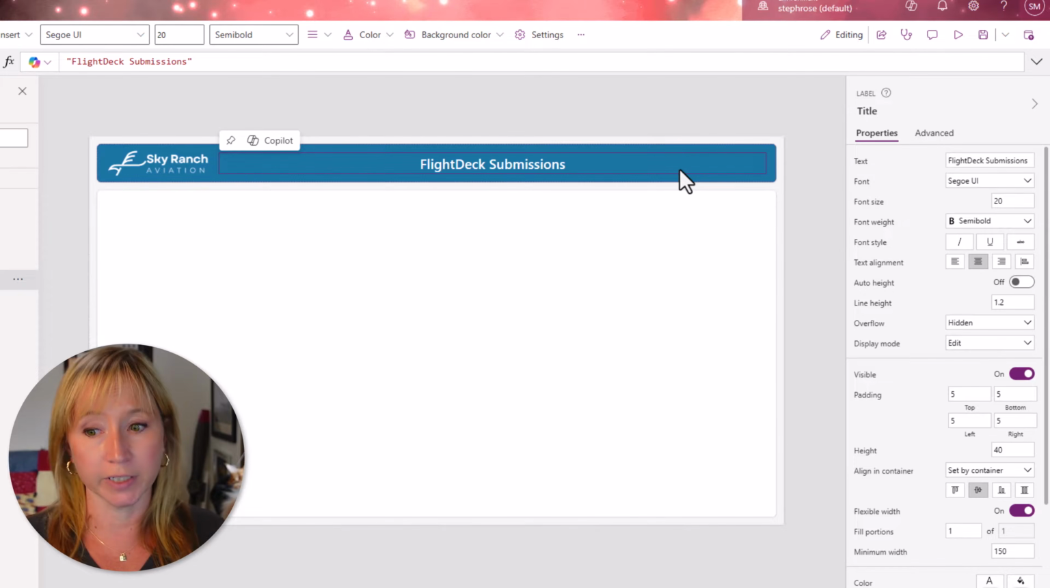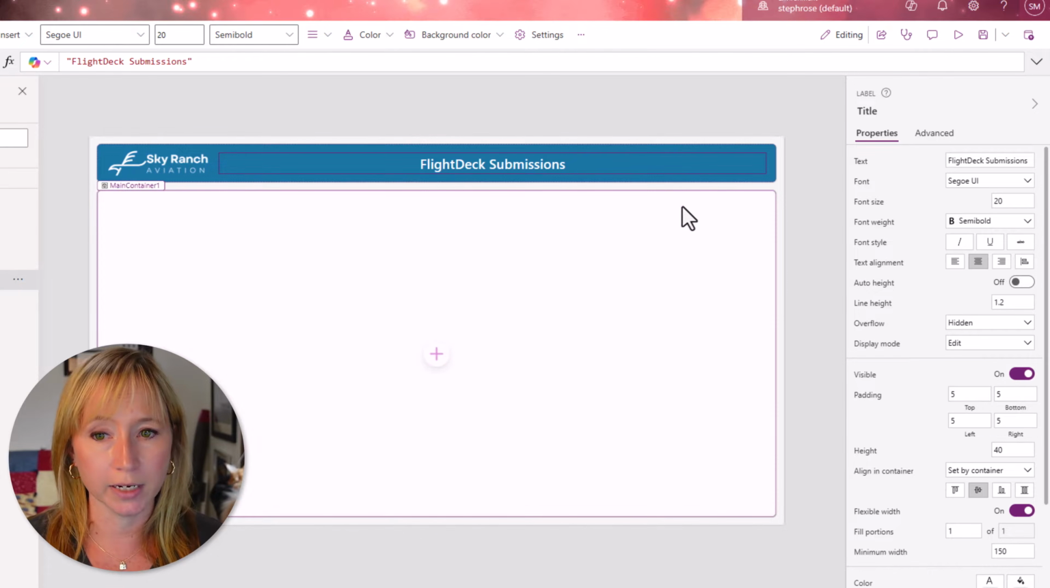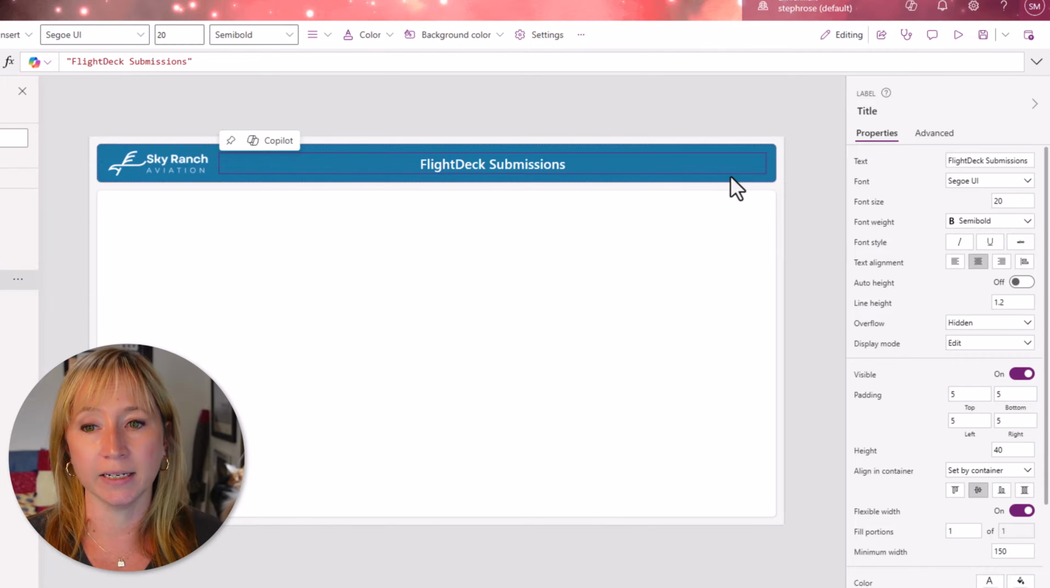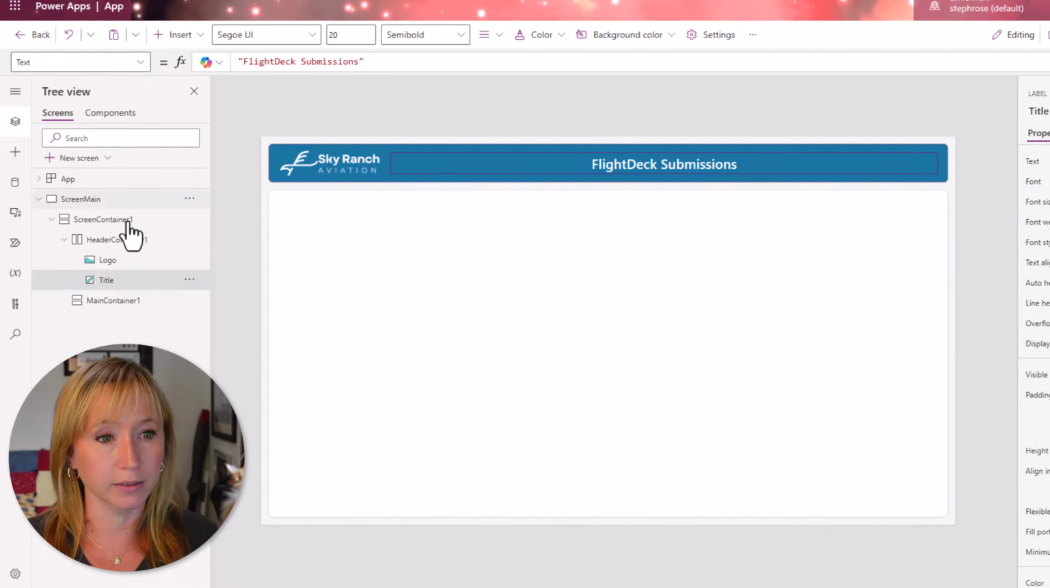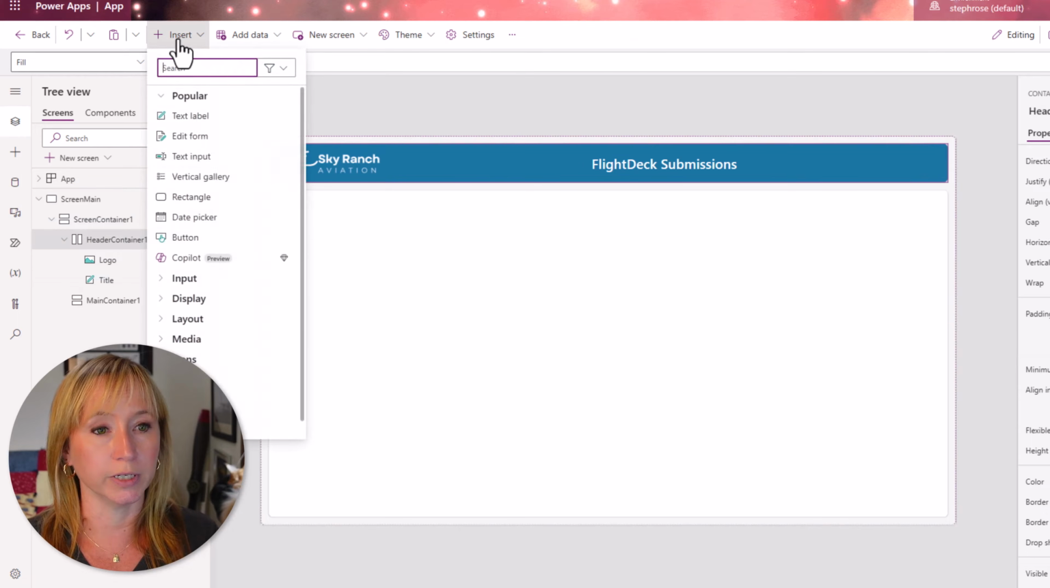And this is filling the entire space. That's because flexible width is turned on. That's what we want for a title. The next thing that we want to add in here is a button, the modern button. So if I select the header control and go to Insert Button,